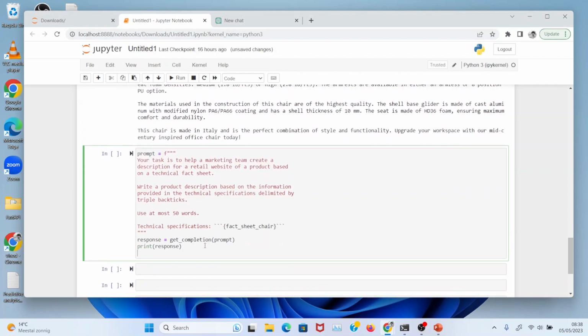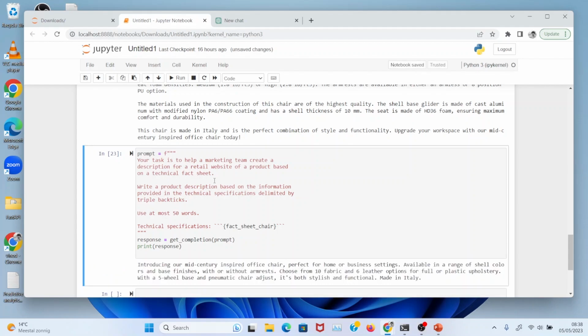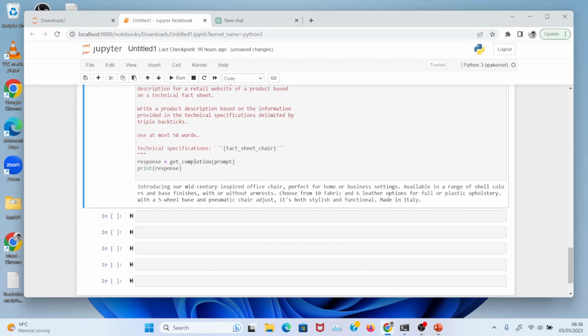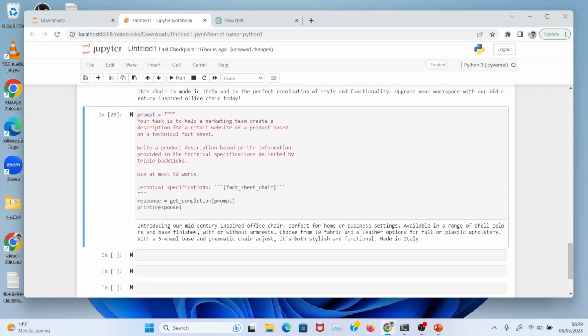So what I give as prompt number two, because this is again iterative prompting, right? As a second prompt, I would say your task is to help, again the same thing. So here I'm saying write a product description, again the same thing. What I've used additionally here is this line: use at most 50 words. Basically I'm saying to limit the description within 50 words. You can also count this by using the len function. Yeah, so you can see that